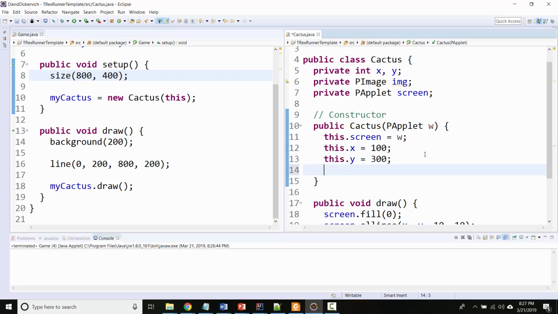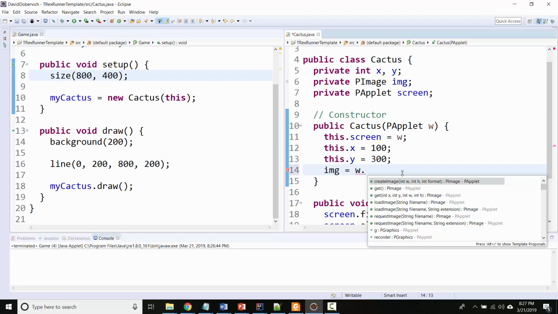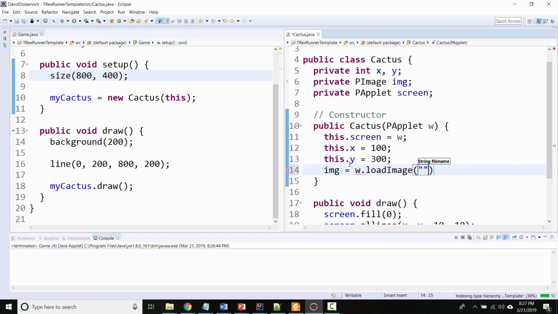So I got to tell you how to load an image. img is the name of the image variable. So I'm going to say image equals, and then you actually ask the screen itself to load the image for you. So w was my input variable for the screen. So I'm going to say w.loadImage. And now we need to give it a string that describes the folder and the file name that we want